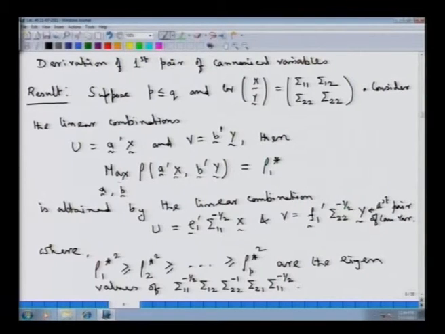So, this maximum of the correlation coefficient between the linear combinations A prime x and B prime y is attained at the value rho 1 star, where the rho stars are the square roots of the eigenvalues of this matrix,